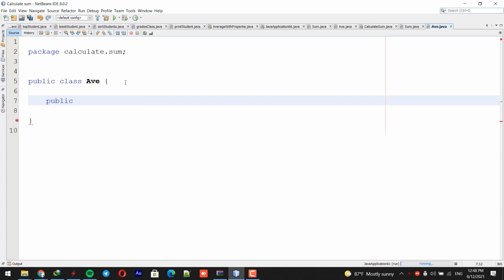It's a public static method, but this time I'm going to create a void type of method, because in this class I'm going to print out the results in the class, not in the main project. So it's a public static void